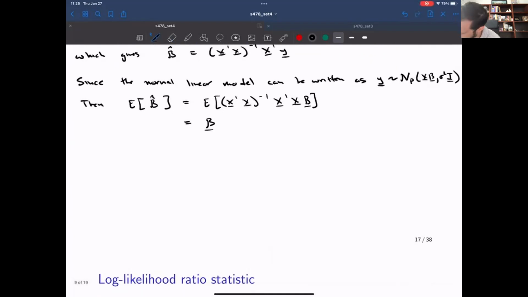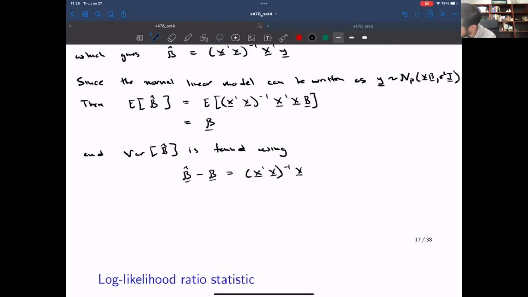And then the variance is found using β̂ minus β is equal to (X^T X)^{-1} X^T y minus β, which is equal to (X^T X)^{-1} X^T